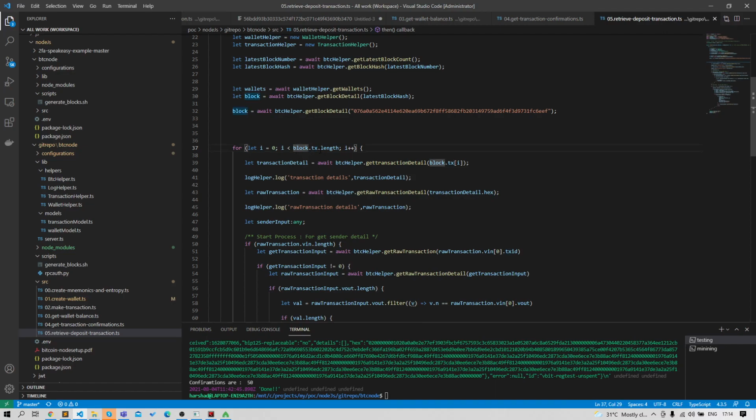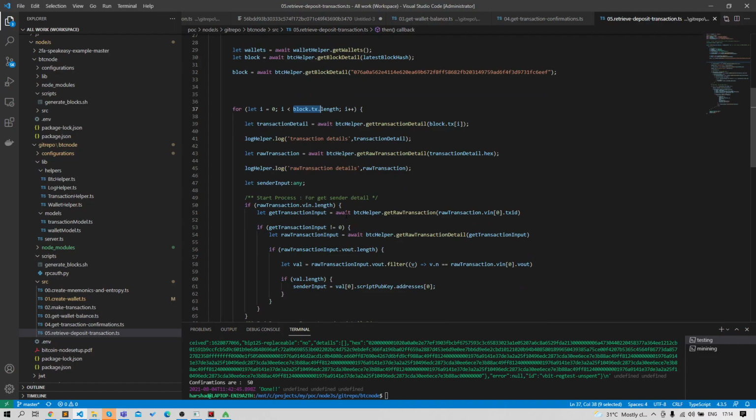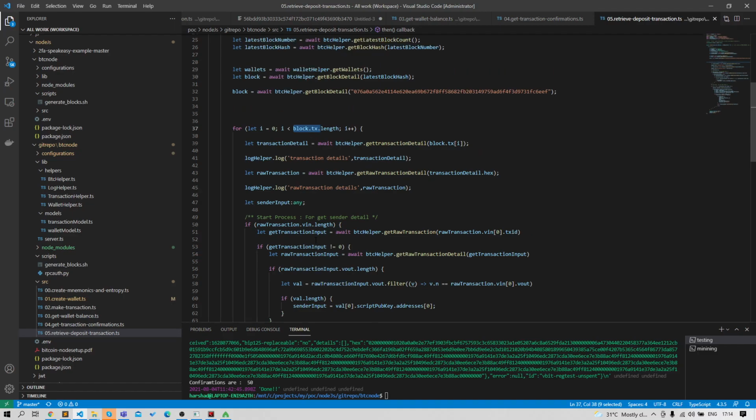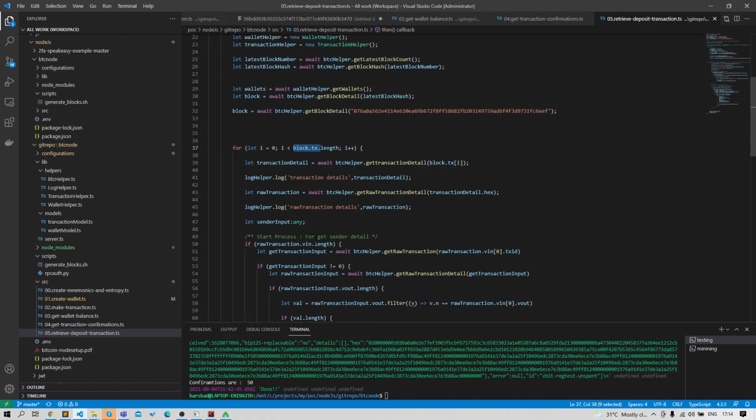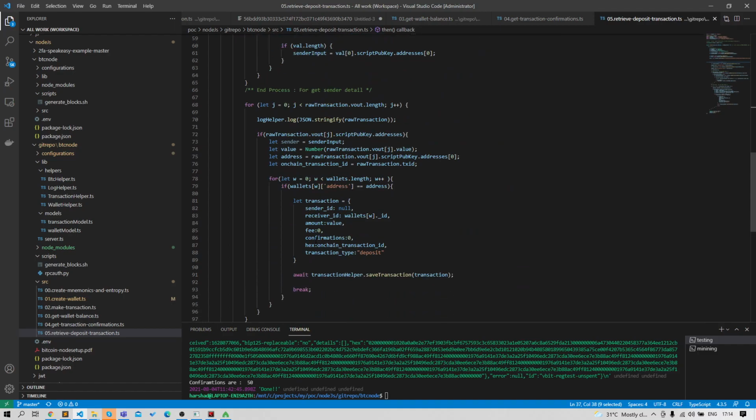And each transaction has two parts, input and output. In the output section we will search for the address that is our receiving address. And if we find any address which is our receiving address, then we input that transaction as a deposit to our system.